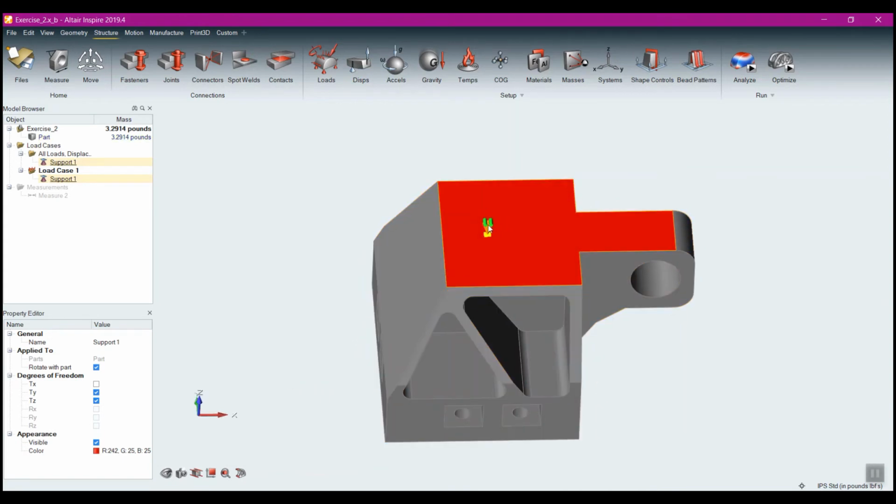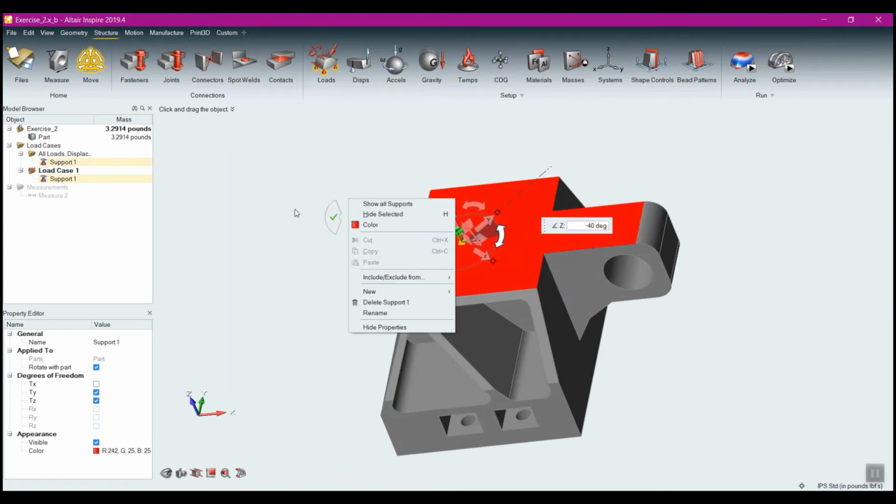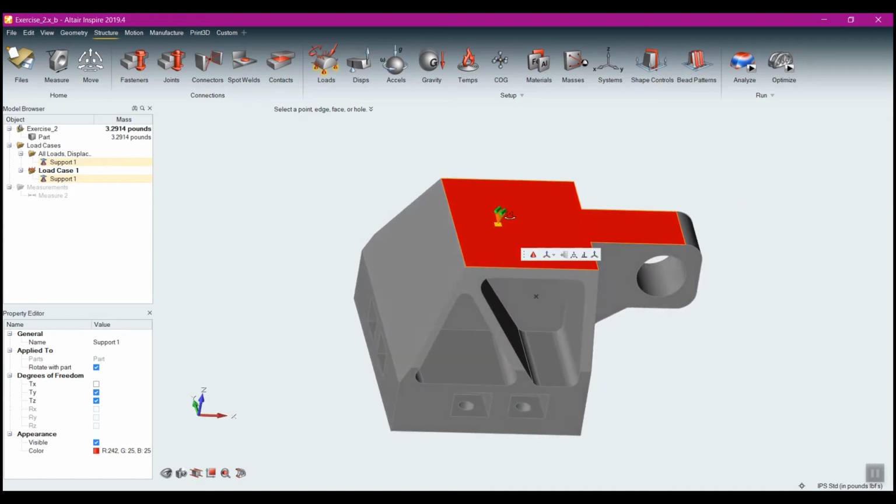So these rollers are actually pointing in the direction to the point that I can even come here and double click on this and select this little move support. I get my little triad with my spinners and translation. And if I take and I spin that, I can spin it manually 5 degrees at a time, or I can type in a value here. And now I'm 40 degrees off of the x-axis. And my little rollers are now pointing in that direction. So it truly is showing me the direction that is